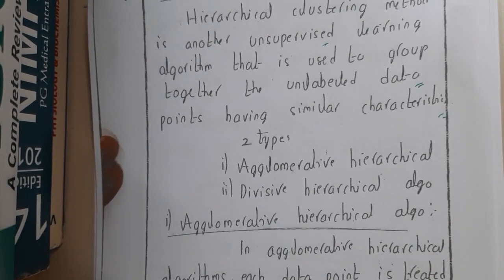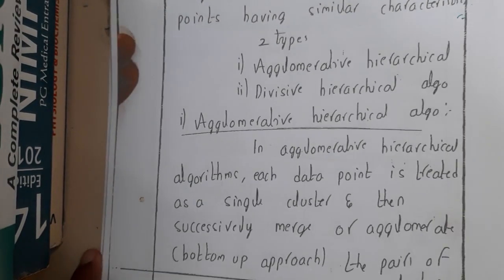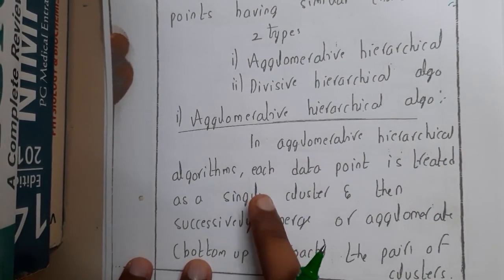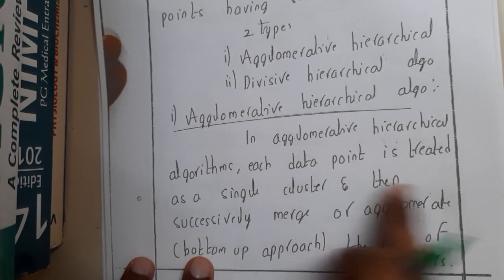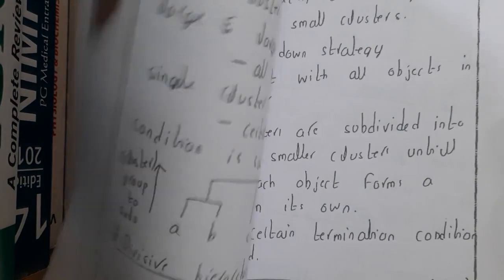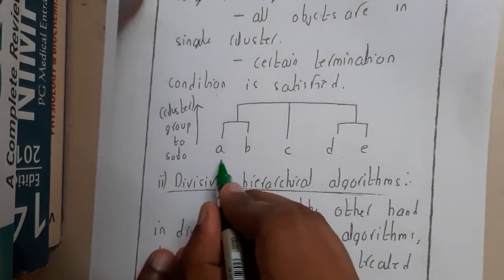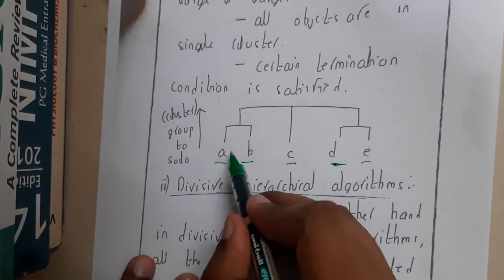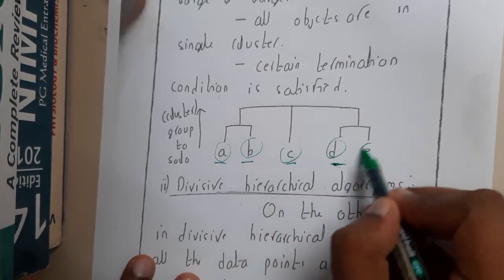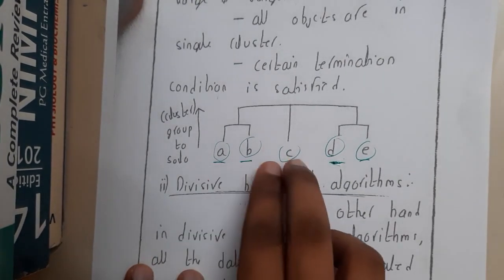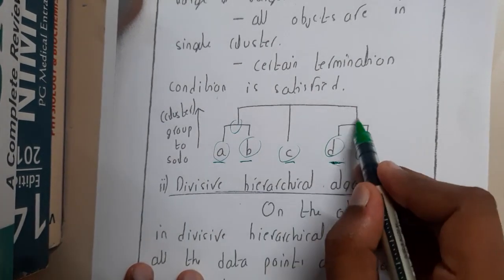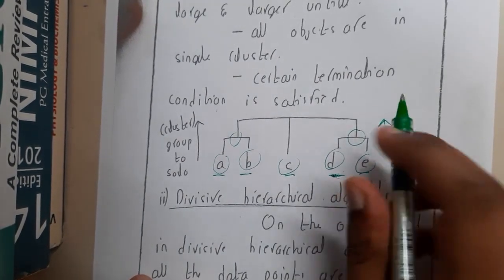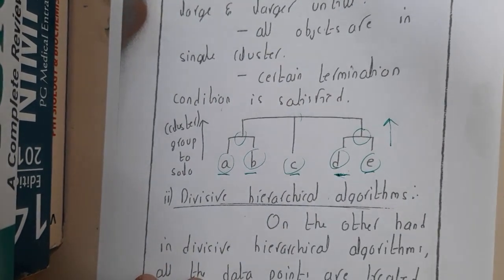Let us go through the first type, agglomerative. In the agglomerative hierarchical algorithm, each data point is treated as a single cluster. If I show you a diagram, you will clearly see it. Each and every data point is its own cluster, so initially they are all different clusters. Based on their similar properties, you combine those clusters, and you continue combining until you reach your required state. This combining from solo points into a big cluster is called agglomerative clustering.